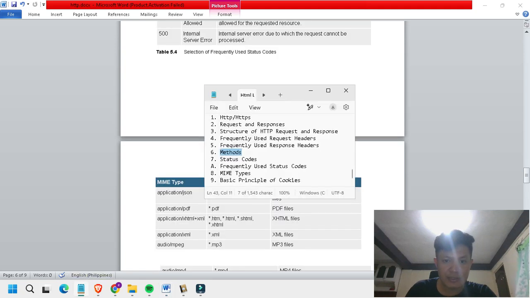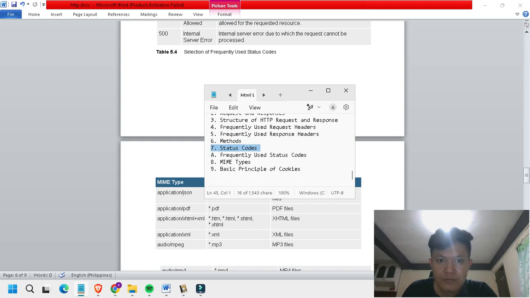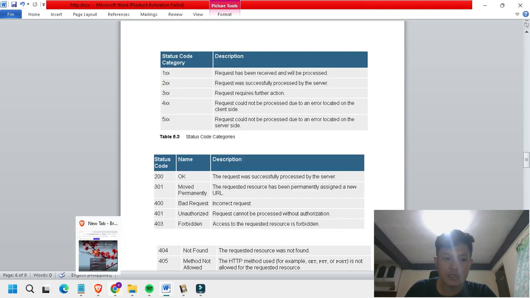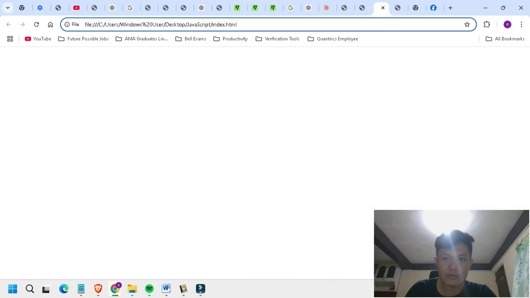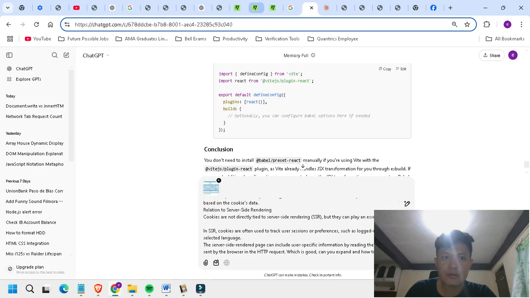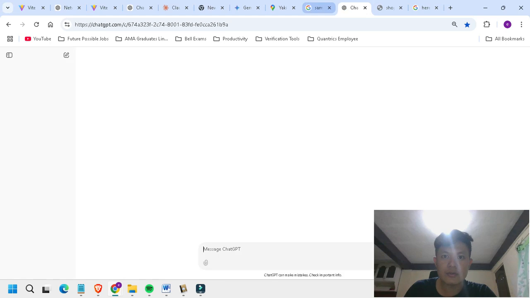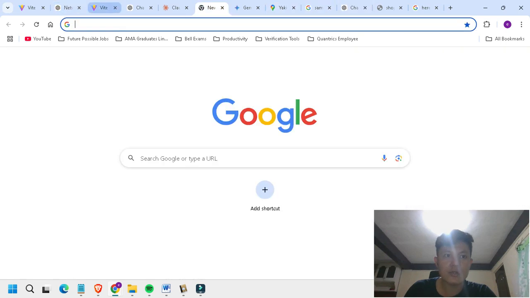And then the next topic, frequently used status codes. These are the status codes. I'll give you an example with my website. I have a slow connection, guys, so forgive me.